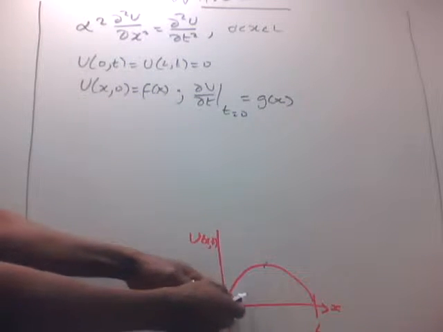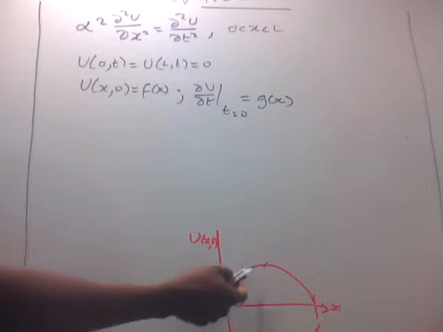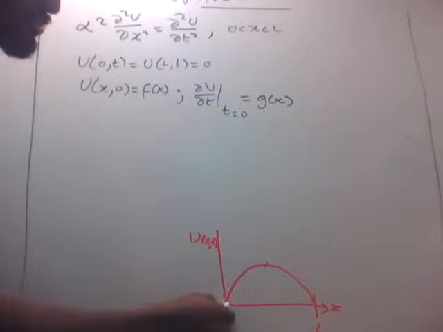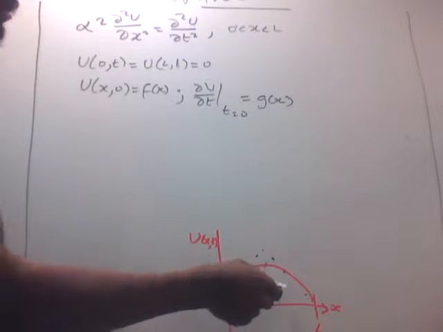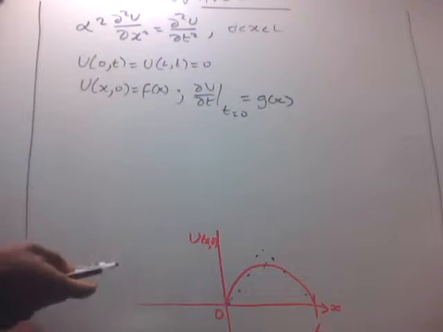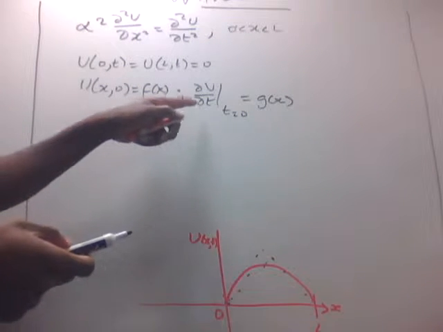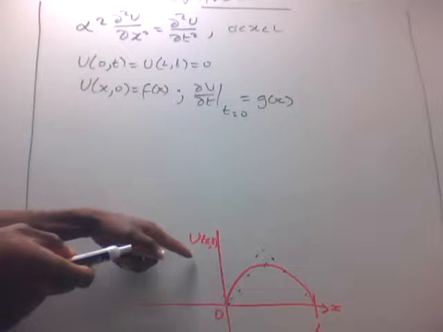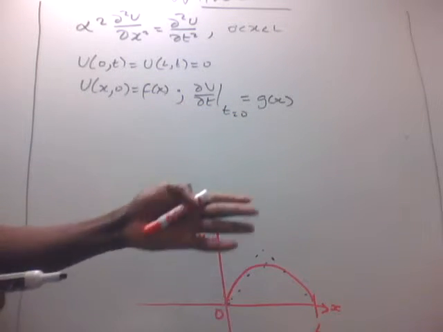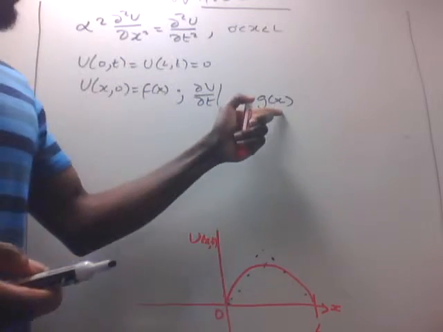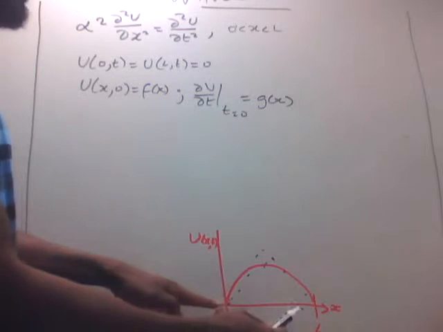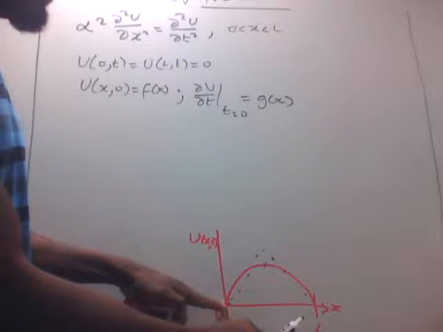So imagine I had this function, which kind of looks like a sine function. I could give you a function that looks like a triangle or something. Whatever that initial shape is defined by f of x. Given the change in the displacement with time, which is like the velocity of the string, given in the form g of x,